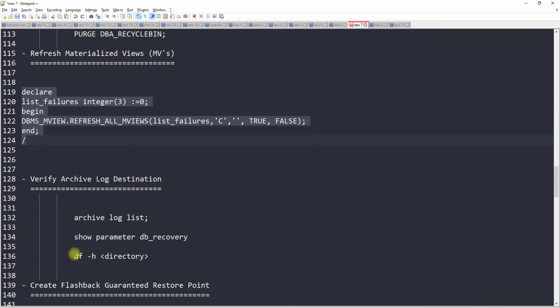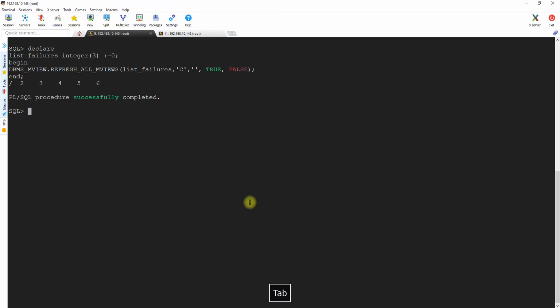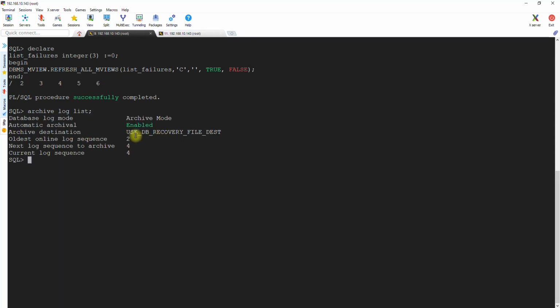Now this is very important, archiving. We need to check the archive log location, and check if the database is in archive log mode. So, archive log list. Yes, we enabled that archive log, so we already know that, and this is the way to go, because